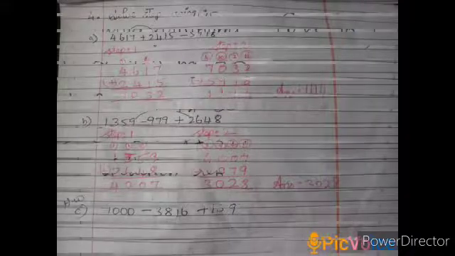Now the second step we need to do the subtraction. 4007 minus 979. The answer is 3028. C sum is given for you as a practice sum. That's it children. We completed the 2 marks revision.